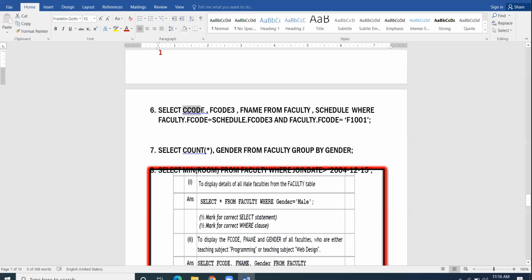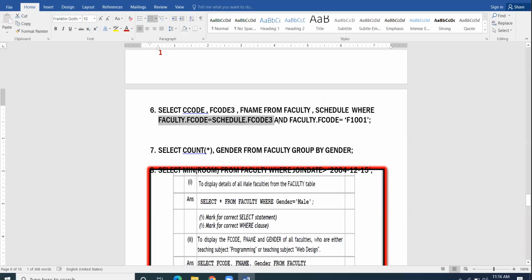Select CC code, F code 3, F name from faculty, schedule where faculty F code equal to schedule F code 3. Join is there, but see the fields which are being compared. F code of faculty is being compared with F code 3 of schedule.